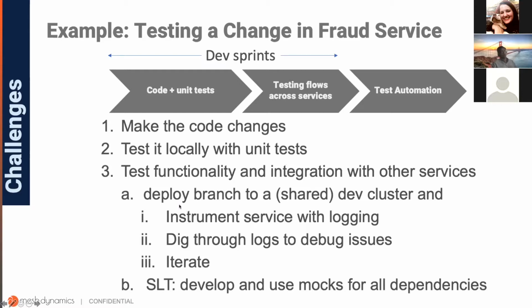My options are, can I deploy my branch to a shared dev cluster, instrument my service with logs and printfs and so on, dig through the logs to debug issues if there are any, and iterate and so on. If you're like me, I have to iterate 3 or 4 times before I get the right log messages in my service. But if you're the smarter ones, you may get it in 1 or 2 shots, right? So the number of iterations that you have to go through to actually get the right set of logs and the right route to enable you to root cause, it's actually pretty painful if you're deploying your branch to a shared dev cluster